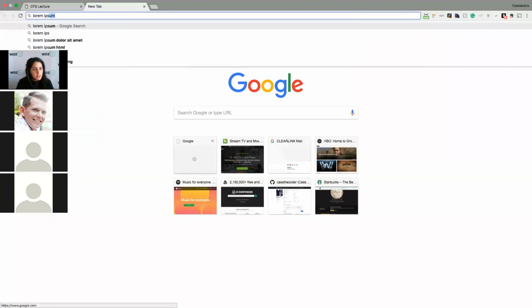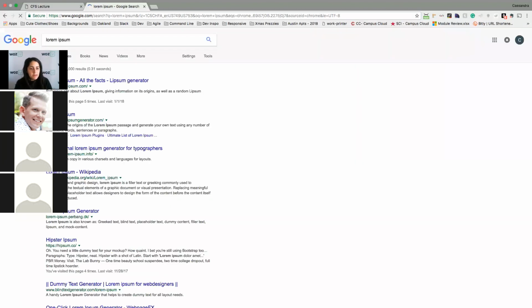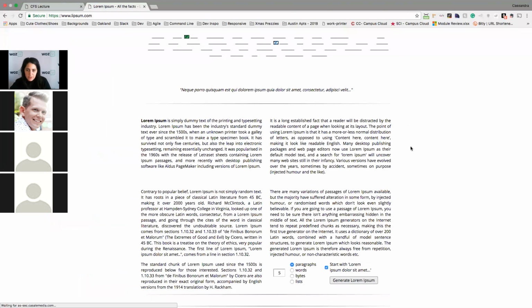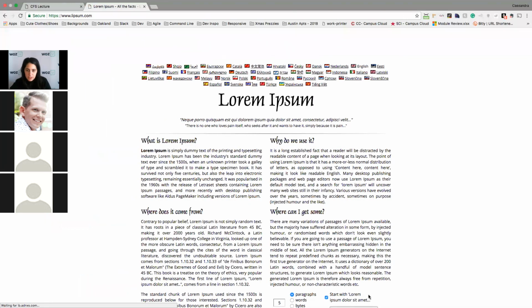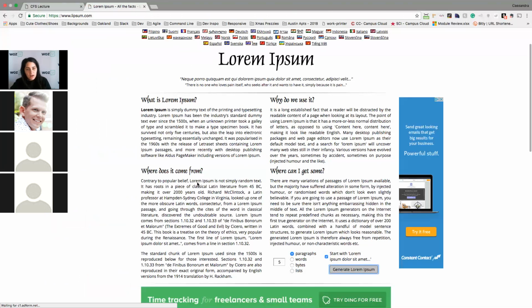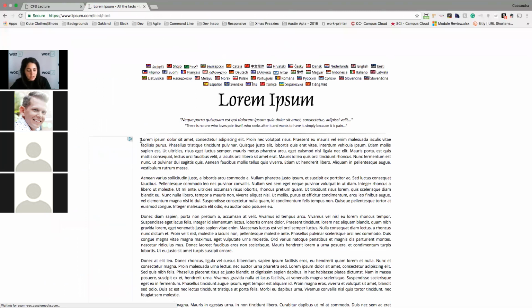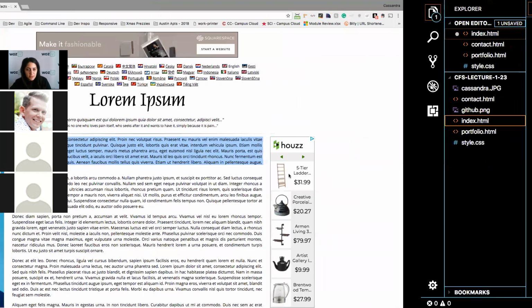Lorem ipsum. So lorem ipsum is this big Latin text that developers steal from for dummy text. There's also a lot of fun ones out there, like cat ipsum, if you're a cat person, bacon ipsum, hipster ipsum, just to make your life a little bit more amusing.